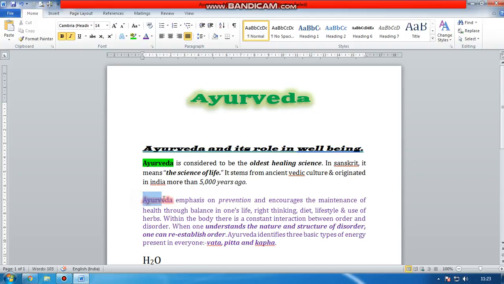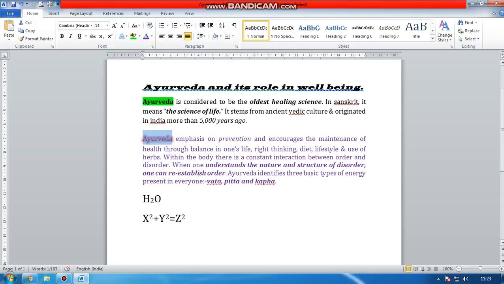Now I want this to be applied to H2O also. So what I'll do is I'll click this, I will click on Format Painter, and I will select H2O. Automatically my format gets copied. So this is the role of Format Painter. For example, again I'll explain it to you. Select this, click on Format Painter and click on your destination. It will apply the same font effects to the destination also.